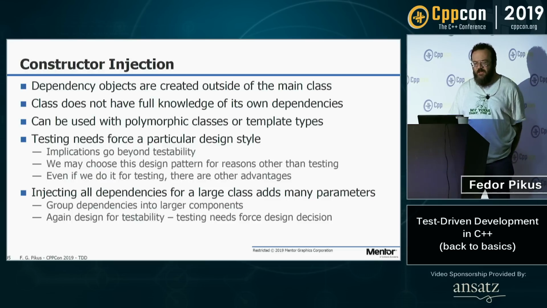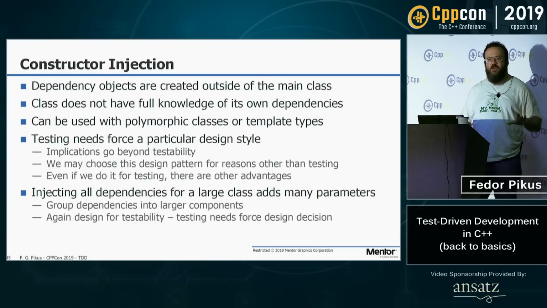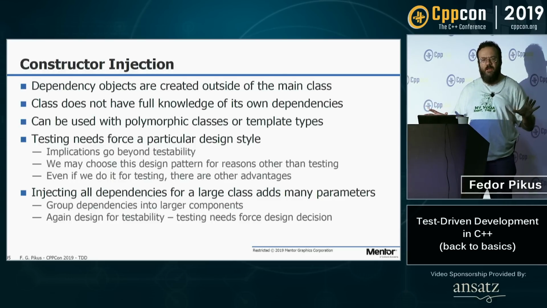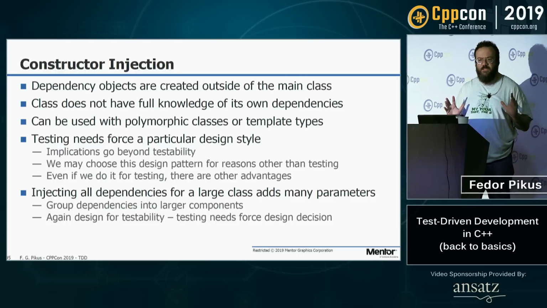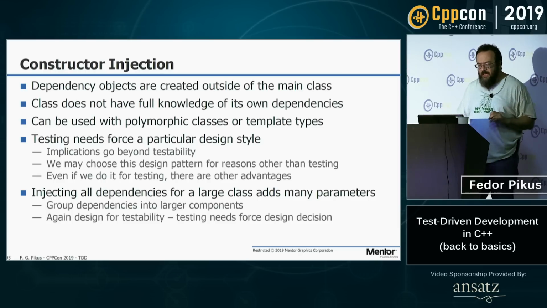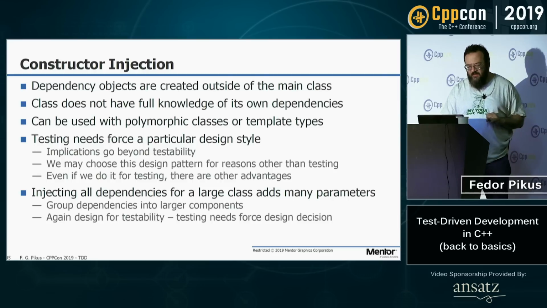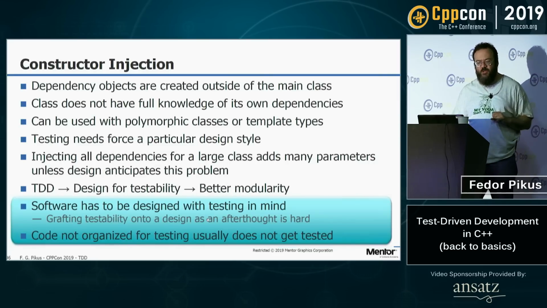Basically, let's say you have a class and it has like 20 data members. You don't pass 20 arguments to the constructor. You restructure your class to depend on 2 components. And you pass two arguments to the constructor. These 2 components have, let's say, 10 of the original data members each. Again, they have 2 or 3 components each, so you build a hierarchy of these data members by grouping them into logical components. It's actually not a bad thing if it forces you to design this way. It increases the modularity of your design.